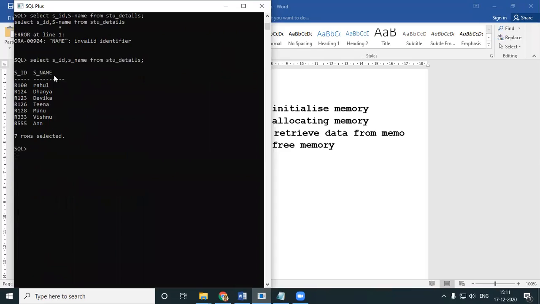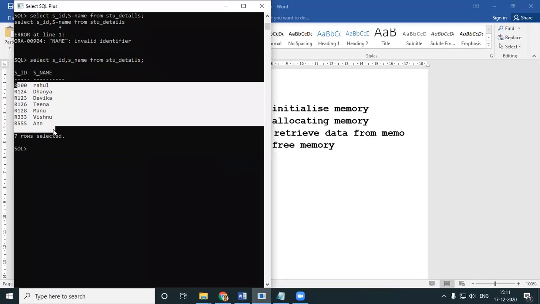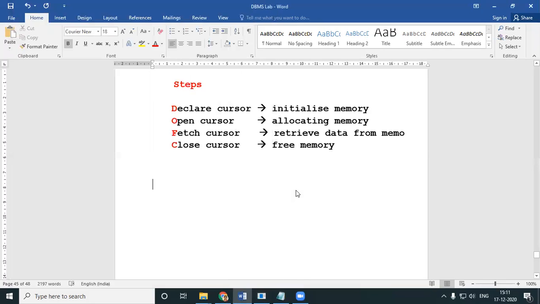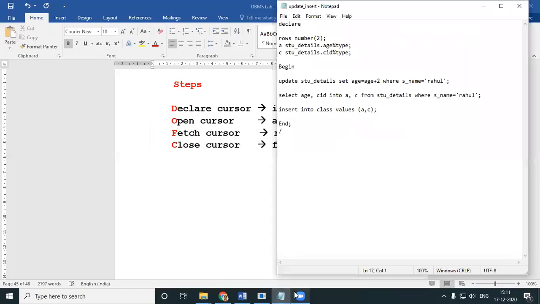But when you're writing cursors, this query will have difficulty working in implicit cursors because multiple rows have to be checked, have to be fetched. Select multiple rows, that same error which we got. Unable to fetch multiple rows, you'll get that error, which means you will have to create an explicit cursor. Okay, so I'll write my code over here.